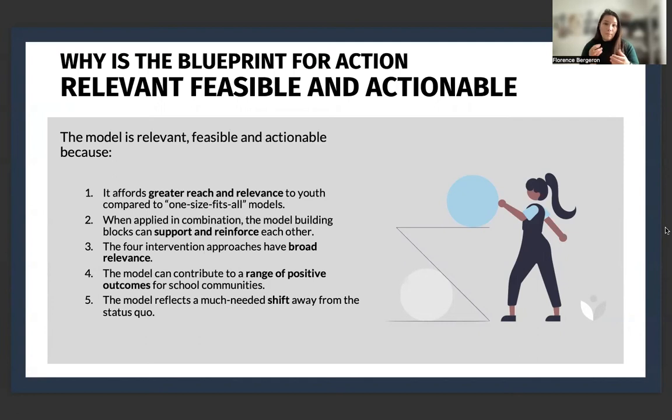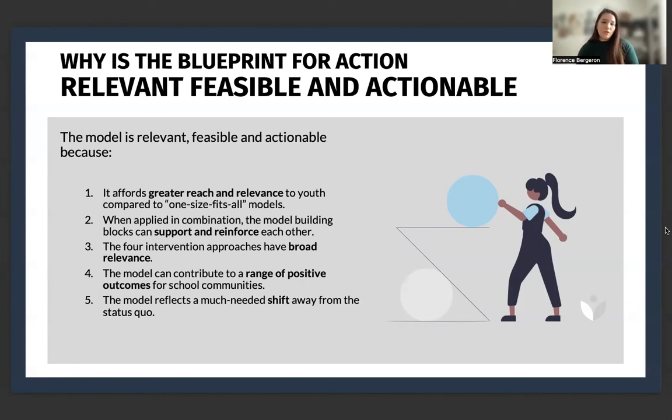So by putting a strategy, for example, in harm reduction, we might also be putting a strategy for stigma reduction, and putting a strategy for equity intervention might reinforce that stigma reduction strategy and also the harm reduction strategy. So really, they will reinforce each other. They will work together to achieve greater goals.